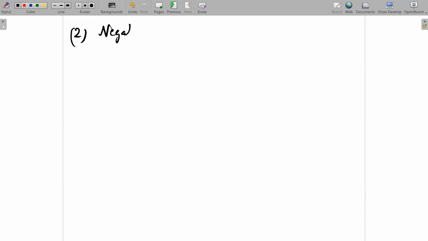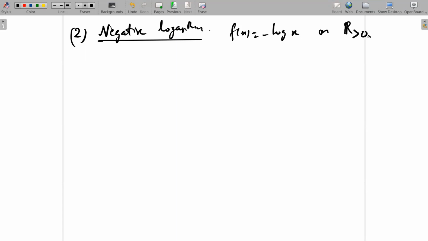It's the negative logarithm. This is again a convex function, but on a different sort of domain, on (0, infinity). So f of x equals minus log x on R strictly bigger than 0. So that's a convex function. Now again, we want to look at yx minus this function, which is plus log x. Now this is unbounded above